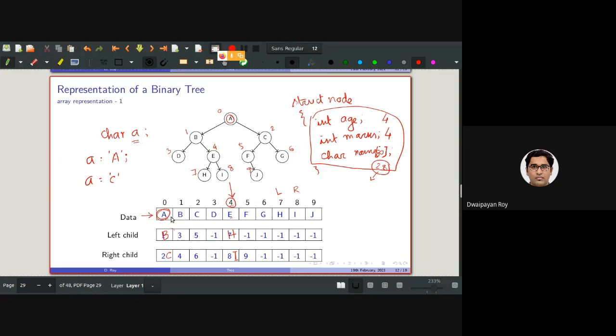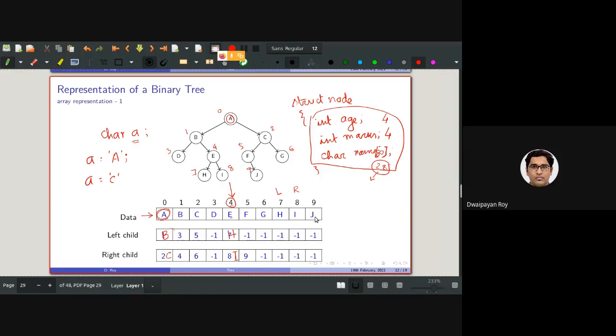Here I will be storing all the data, with the individual objects of this structure. And instead of storing the object of this structure again here, I will be storing the position in which that object is stored in this array.